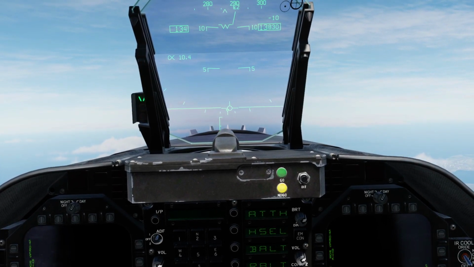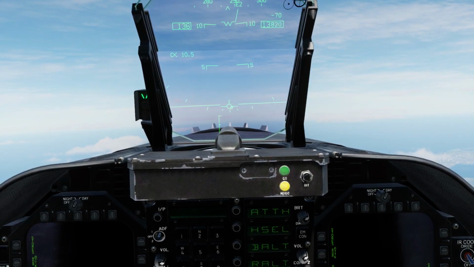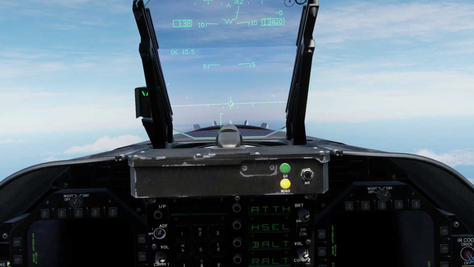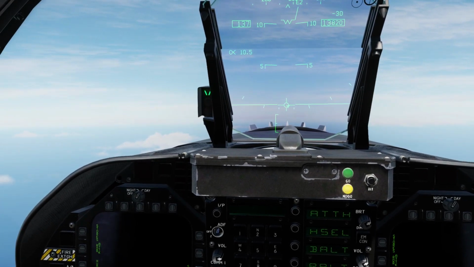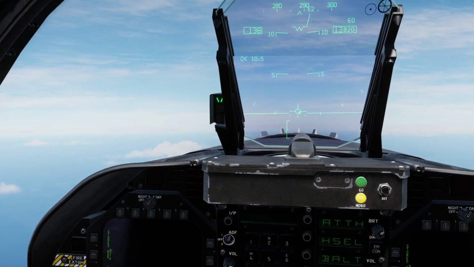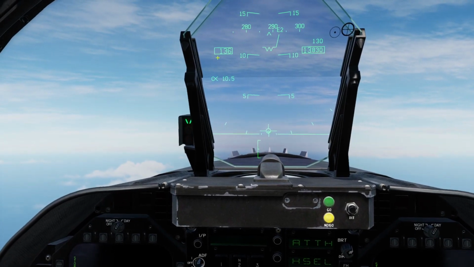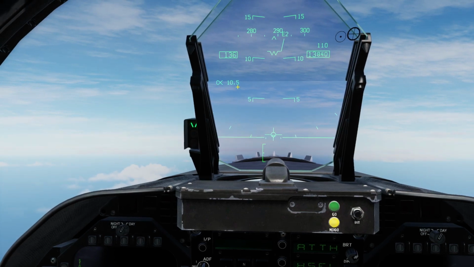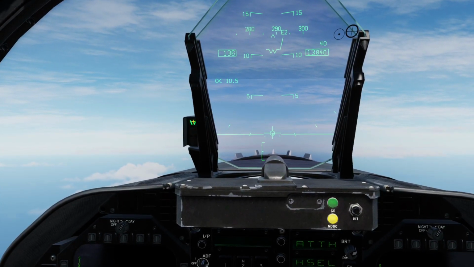We are at 134 knots, and so basically we are too slow. So that green arrow is telling us that our nose is too high because we are at 10.5 degrees of angle of attack, and we need to get it to 8. So green means